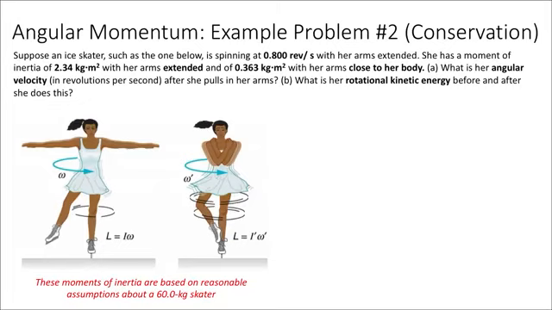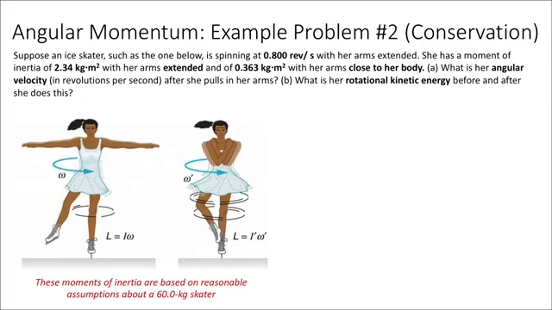All right, let's go ahead and revisit the ice skater phenomena that we watched in the beginning of this video. We're going to solve an example problem with this ice skater. We've been given some data here as well for their motion. We're told that initially the ice skater is spinning with an angular velocity of 0.8 revolutions per second with their